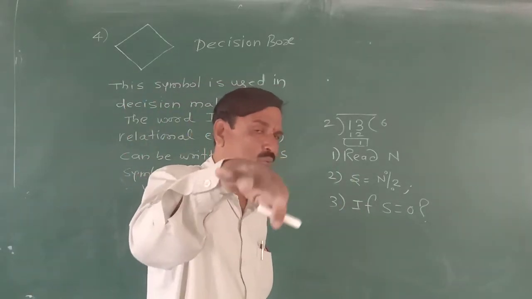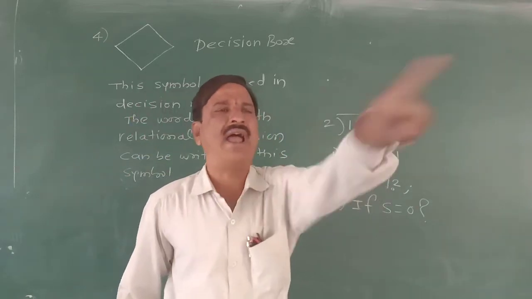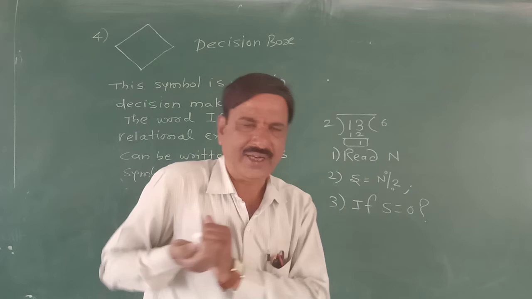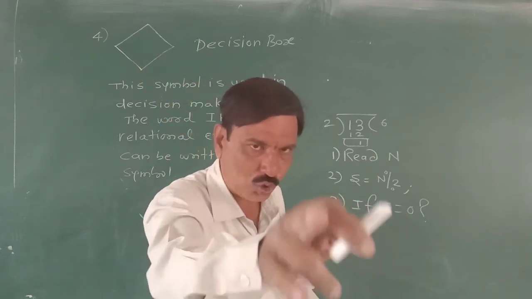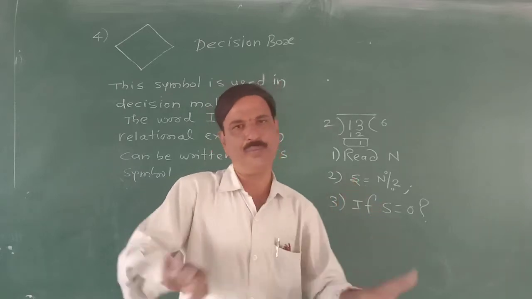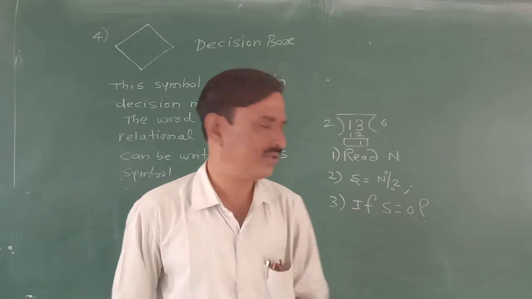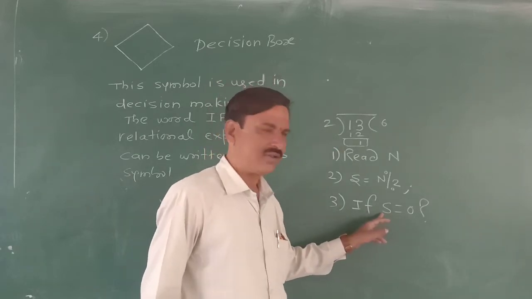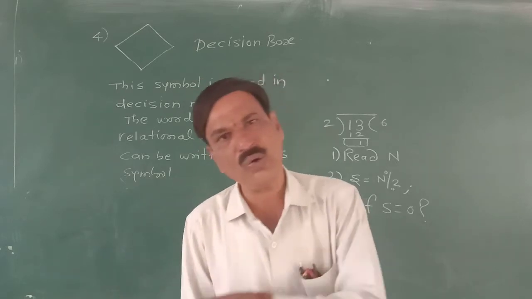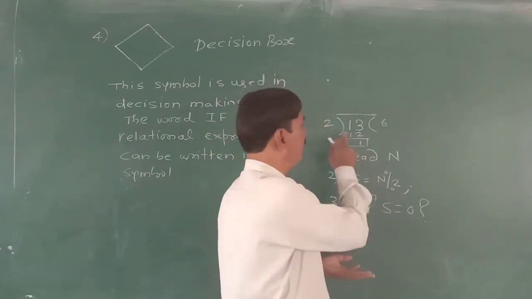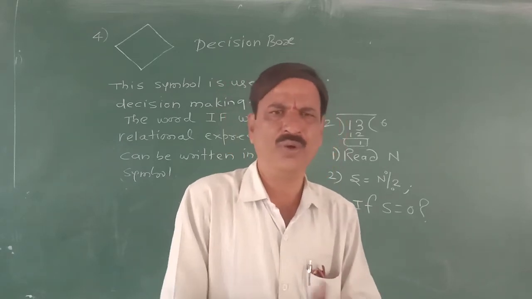Look what we are instructing the computer. Have one number, the computer will get the number. Divide the number by 2 and store the remainder in yes, the computer will do that. It will store the remainder in yes. Now check whether the remainder is 0. So the computer will reply yes or no, because the remainder may be 1, the remainder may be 0. Only there are 2 options.